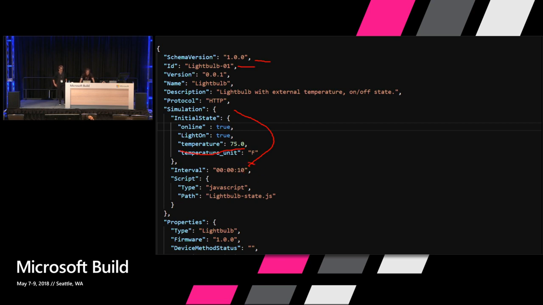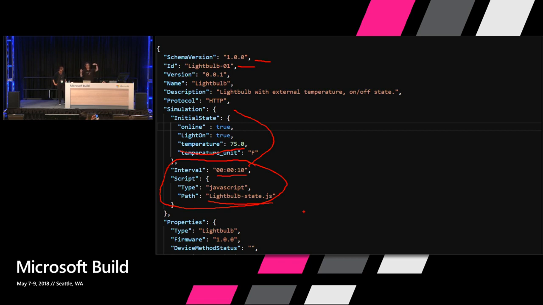And then this one is really critical, this piece of JSON right here. What this is saying is, hey, every 10 seconds, I want you to execute this JavaScript file, which is the state machine file. And we're going to look at that particular JavaScript file in just a few minutes. But that state machine is running inside the simulator, and it's updating telemetry values, the local telemetry values. Something else is going to send the telemetry up. But think of them as 2 different threads or 2 different processes. You have a state machine updating the temperature. This could be very complex. It could be looking at